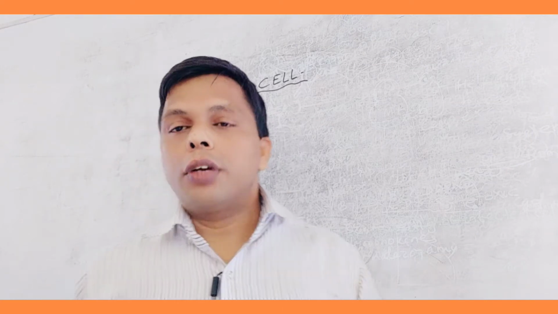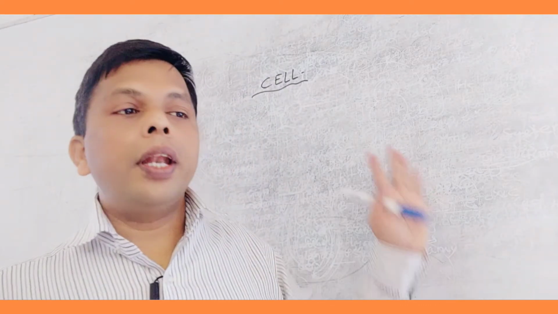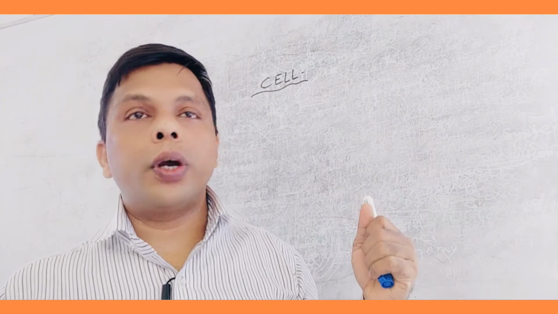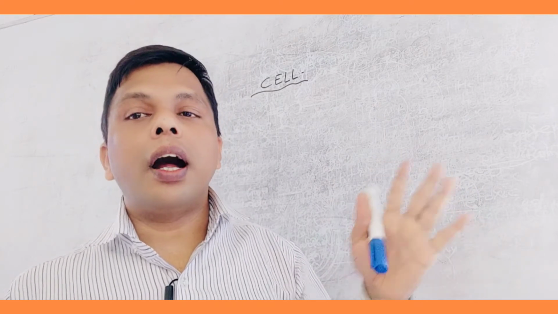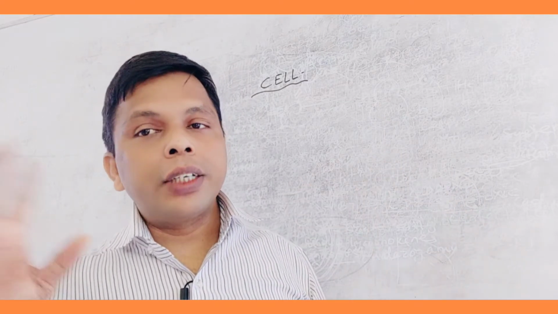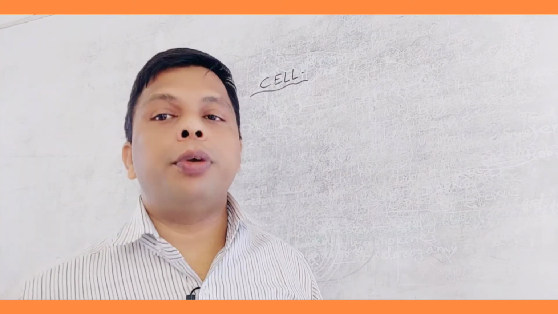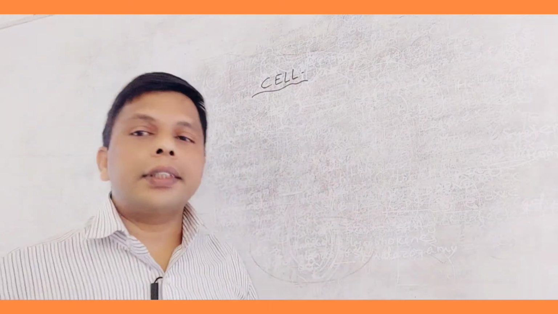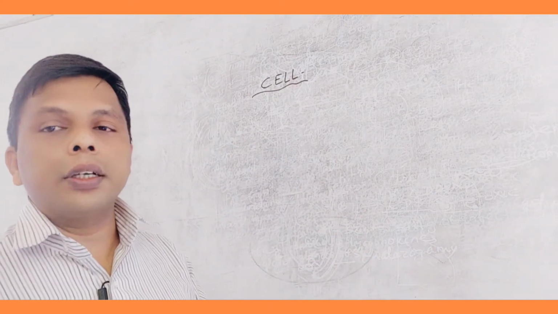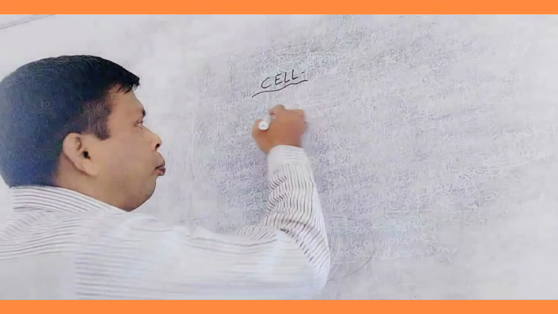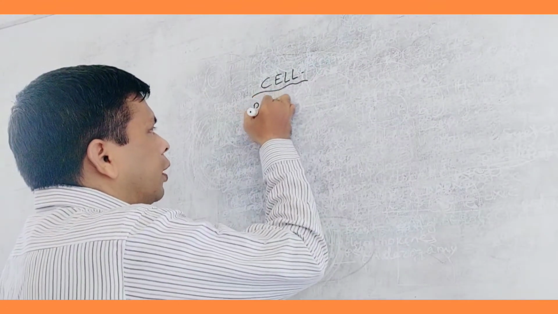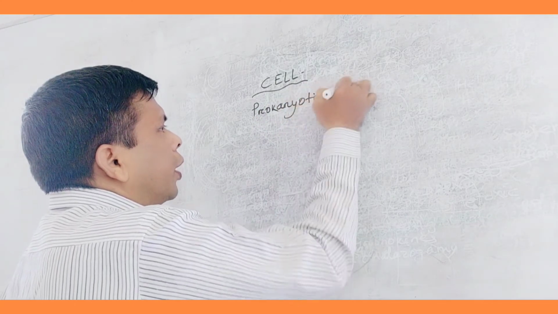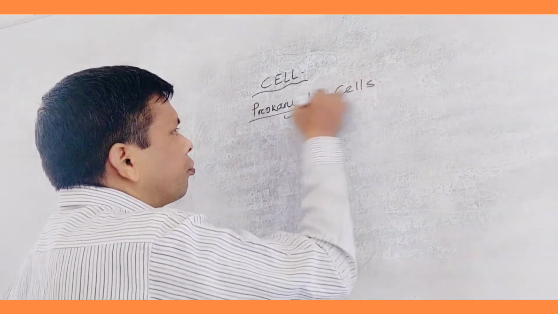First of all, when we categorize the cell, there are three types: prokaryote, mesokaryote and eukaryotic cell. The basic overview we have already discussed in the previous video of our cytology 1. In this chapter 2, we have to discuss in detail the prokaryotic and eukaryotic cell. Let's know prokaryotic cells.